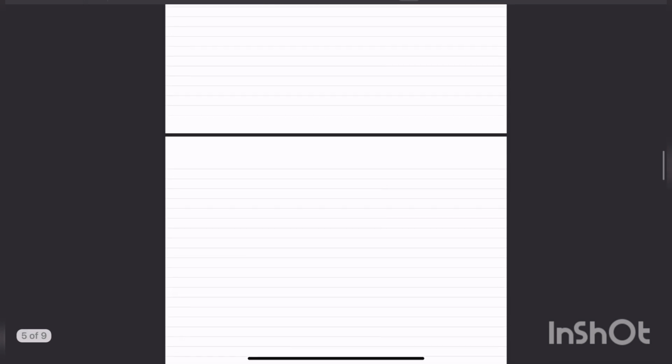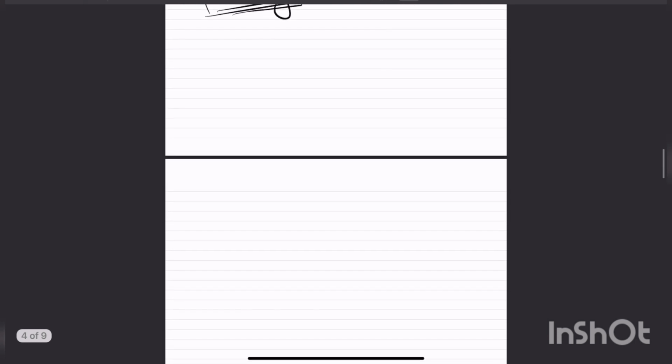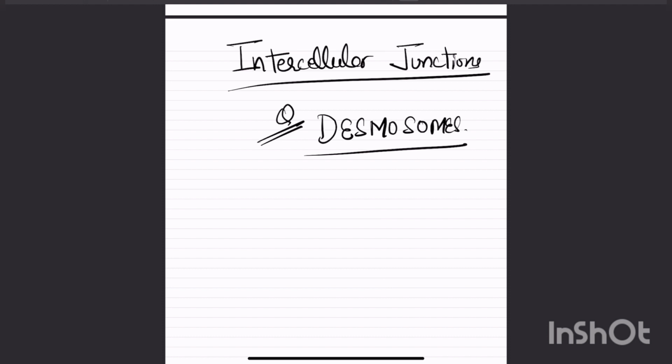Now, starting with another topic, intercellular junctions. Here we have a very important question on desmosomes. So, what are desmosomes? These are intercellular junctions which are particularly present in stratum spinosum. Because of these structures, we have polyhedral cells in stratum spinosum, and these connections